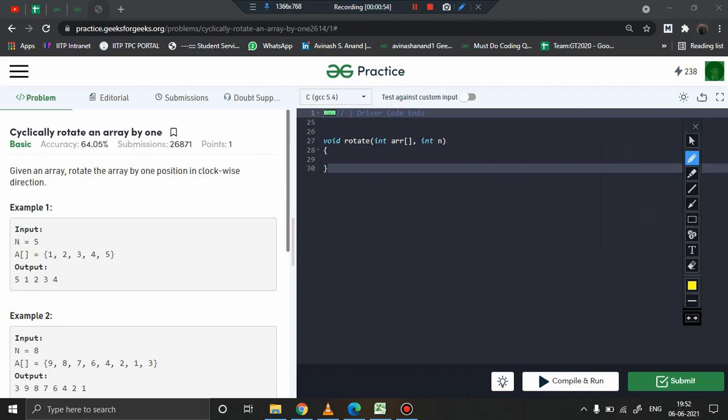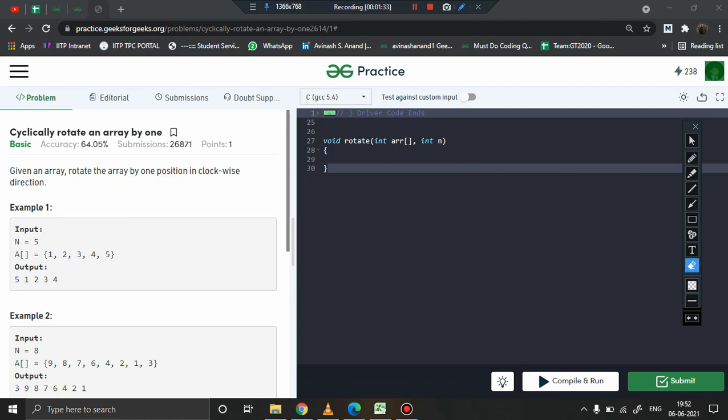Supposing we have an array 1, 2, 3, 4, and 5. One of the very basic approaches to solving this is that we know the element coming before is moving to this position. What element will come here in the output array? The element before it. What element will come here? The element before it will come here. So if you see that, you will find why not traverse the array from right to left.